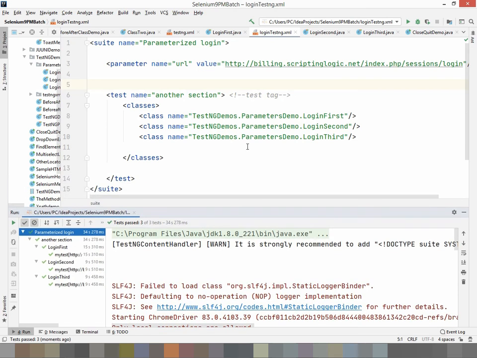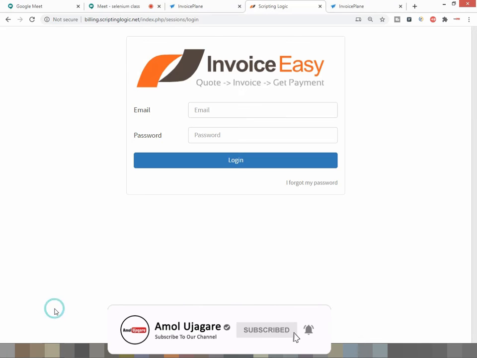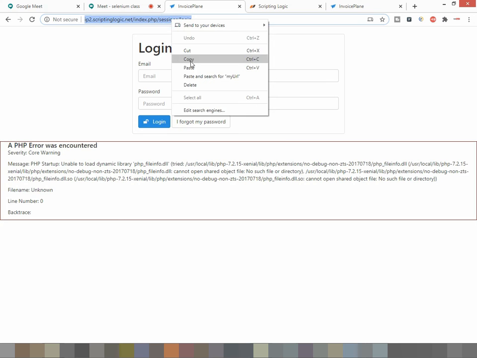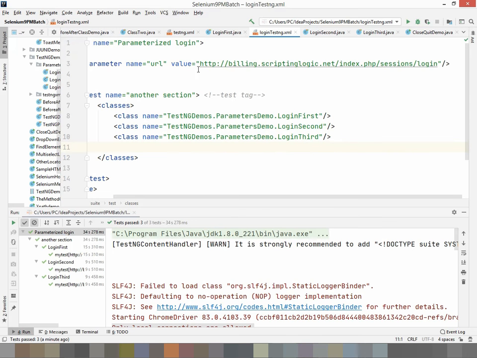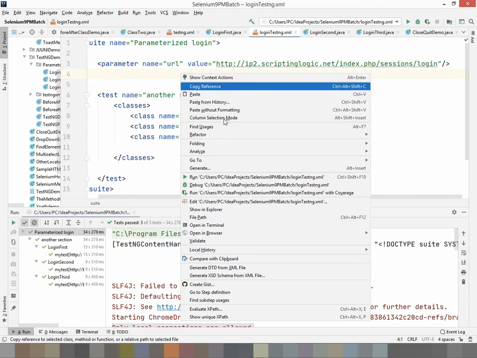All the execution is done, and now I don't want to use this environment. My manager has come to me and said that this is now the environment, so you have to test on this environment. Everything is good here and here, so now check on this environment. Just copy this URL and put it into the parameter. Save this, right click and run.